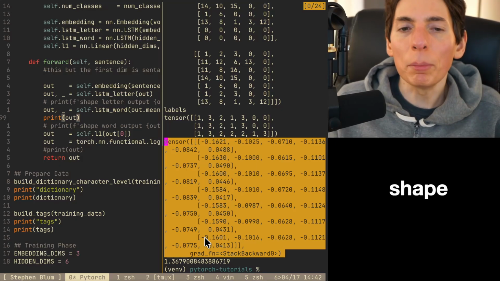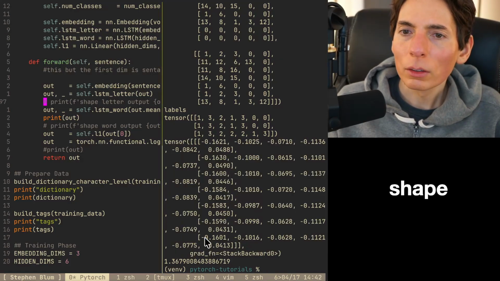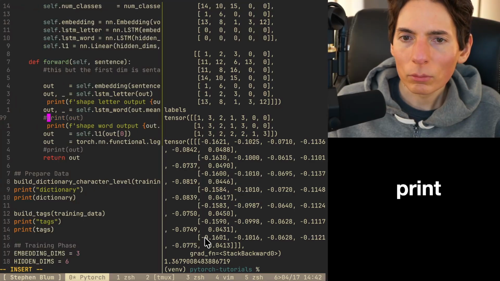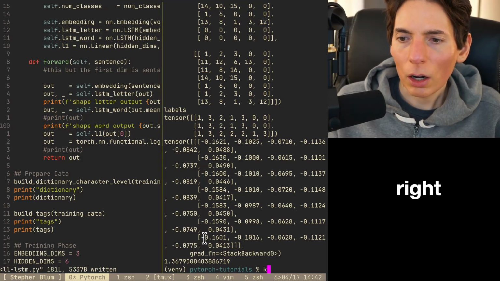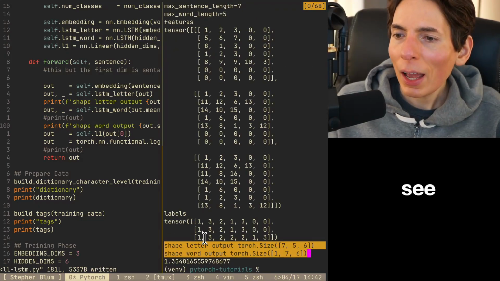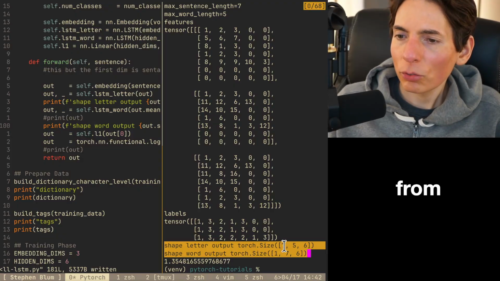It's 1wx because of the shape. Okay, use dot shape. Let's see, print and print. There we go. We're going to print out the shape, you guys. All right, here we go. Printing out the shape, so you can see how that changed from